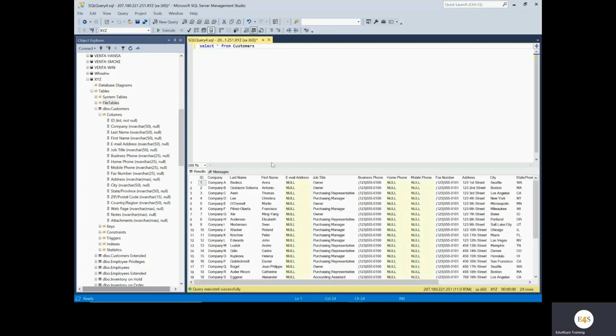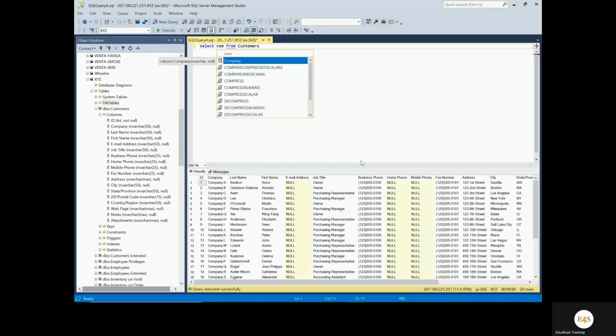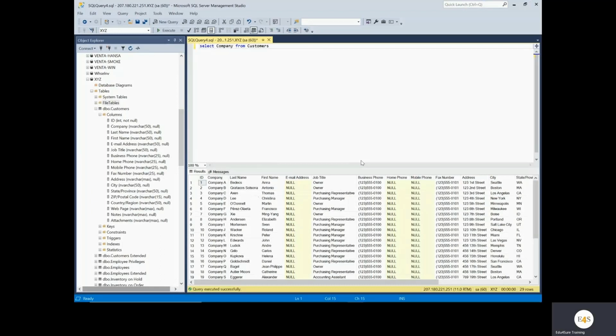If I don't want the entire data, suppose I just want company, last name and first name. So I'm removing this star here. I'm saying select company. Again, it is giving me the drop down. Company, I press tab, comma, I want to see last name here. Just notice that last name has a space in it.